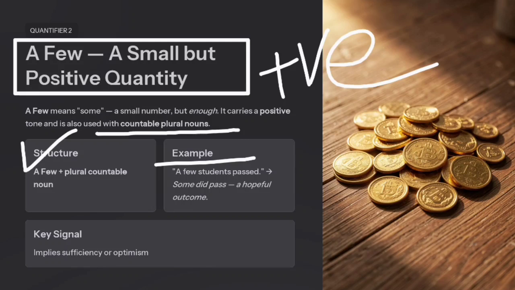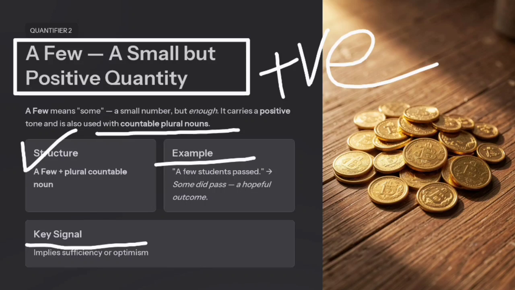It doesn't give us any disappointing result, like none of the students or hardly anyone else passed. A few students passed, it means some did pass but not everyone else, but still some passed. It means one kind of hopeful and positive outcome. How to understand it in any sentence: the key signal is if the sentence implies sufficiency or optimism, like it's okay, it's